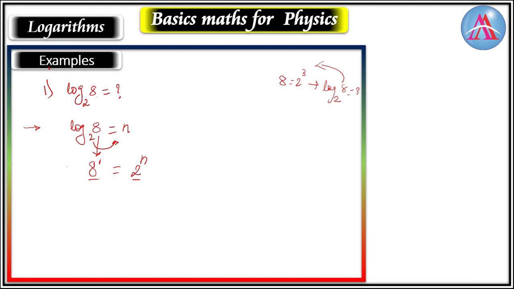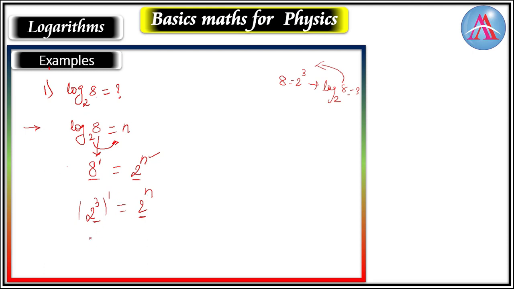Whenever you want to compare something, there must be some common factors. So to calculate this n, we cannot change any number here, but we can change something in the bases, correct? Can we convert this 2 into the form of 8? No. But can we convert this 8 in the form of 2? Yeah, we can convert it. We can write 8 as 2 to the power 3 to the power 1. It will become 2 to the power n as it is. So now can you compare?